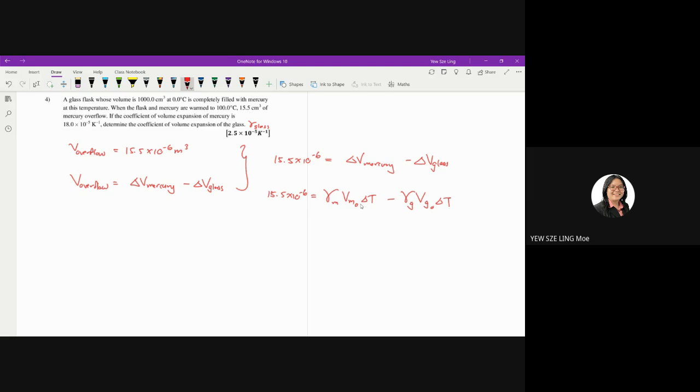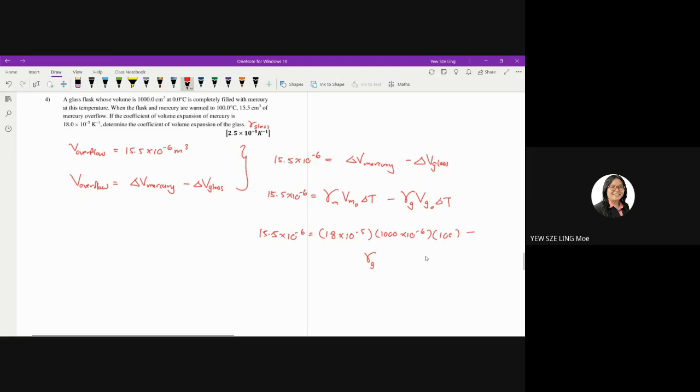You just sub the value into the equations. So 15.5 times 10 to the power of negative 6 is then equal to gamma mercury given 18 times 10 to the power of negative 5. Initial volume is 1000 cm cube. Okay, so it is 1000 times 10 to the power of negative 6 times with the temperature change 100, because 100 minus 0 is equal to 100, minus, okay, minus gamma G